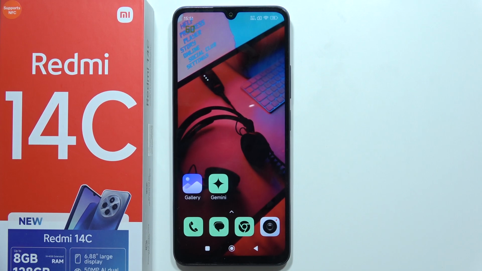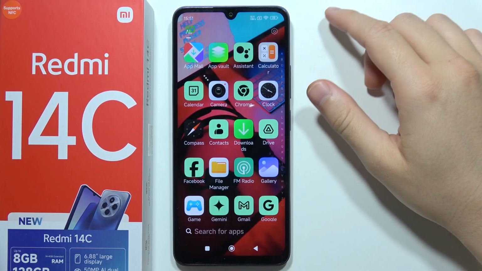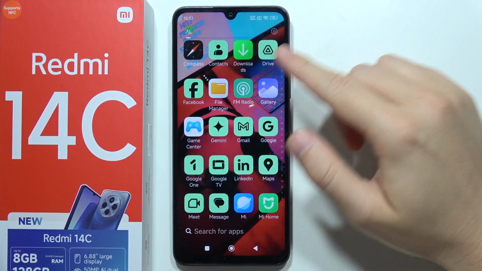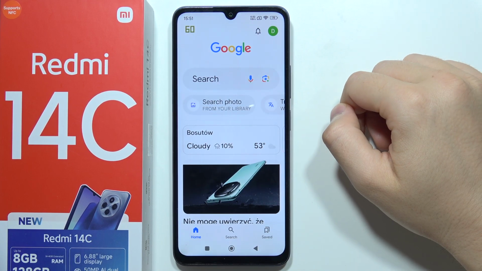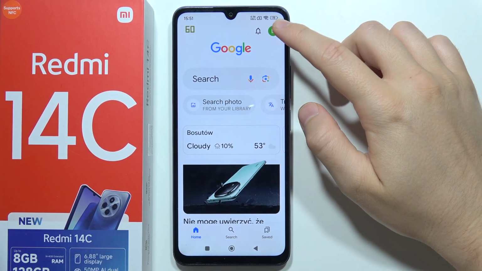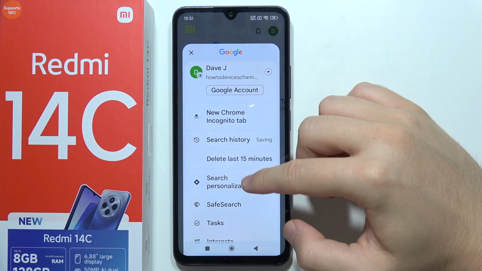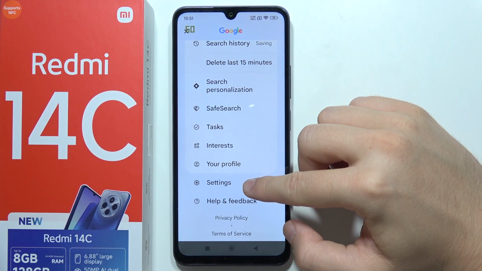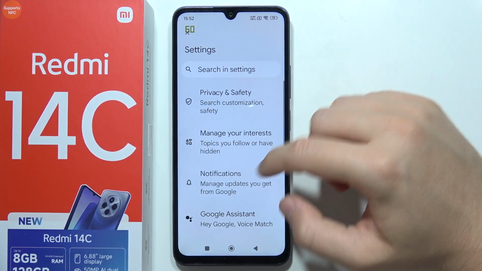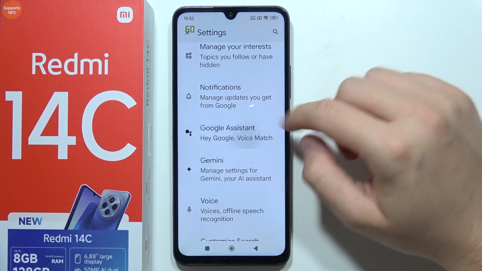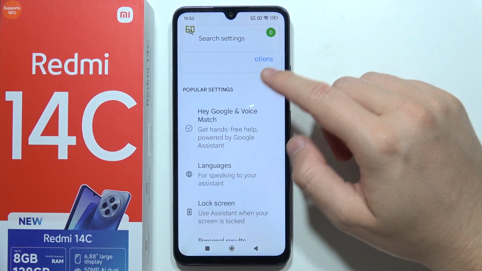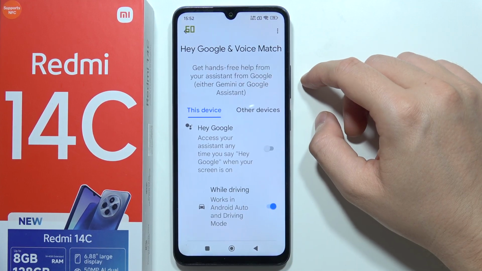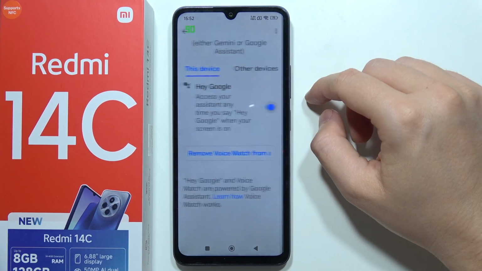Hey, to activate Hey Google on the Redmi 14C, first of all, you will have to open the Google application. Now, you will have to go for the right upper corner. Then you have to go for settings and move to Google Assistant. Now go for Hey Google and the Voice Match and simply click on the switcher to turn on the Hey